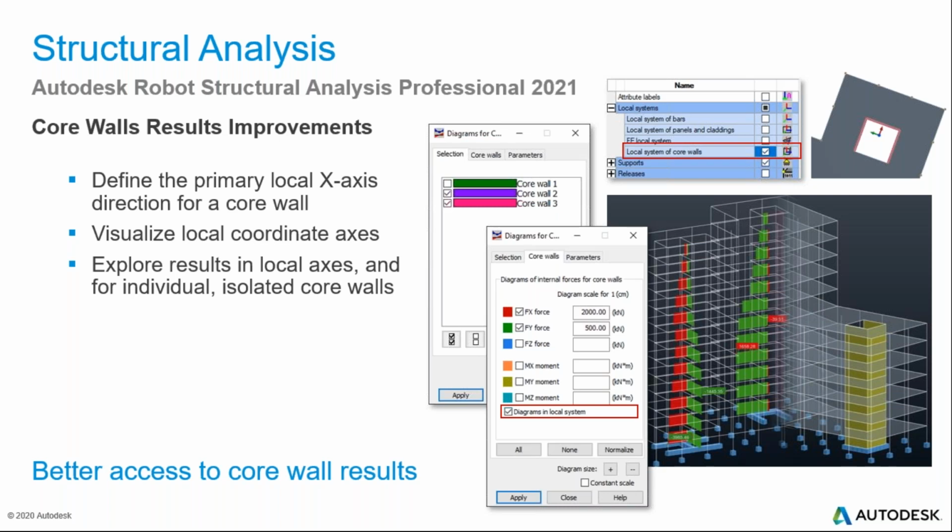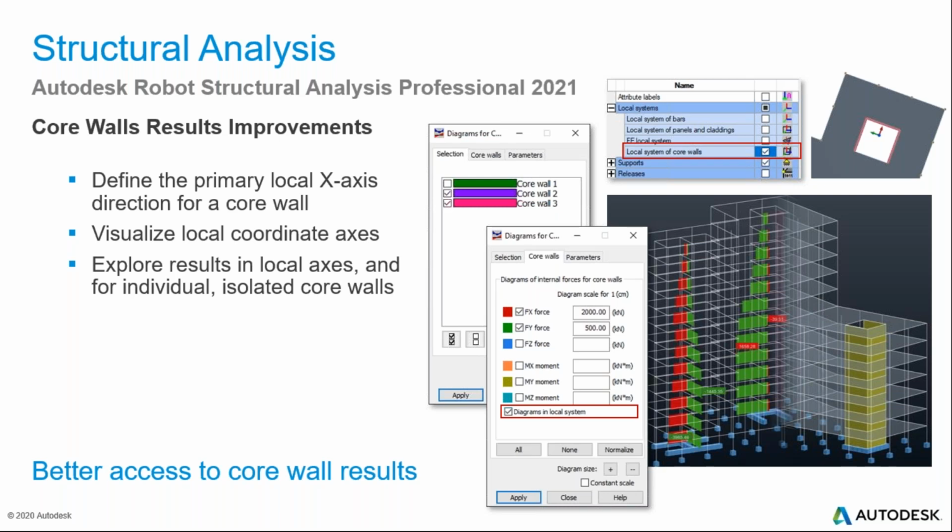With the 2021 release, you can also define the primary local x-axis direction for a core wall. The vector definition is a projection to the xy plane. You can then visualize local coordinate axes for the defined core walls. Once the structural analysis has been performed, additional results can be obtained for the core walls as reduced stories, forces, and moments along the